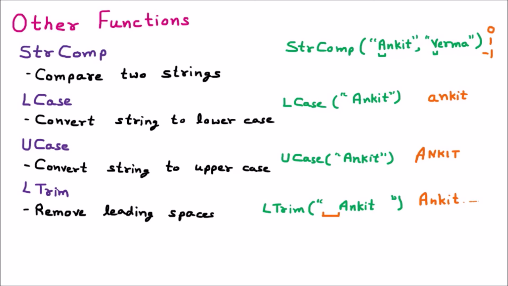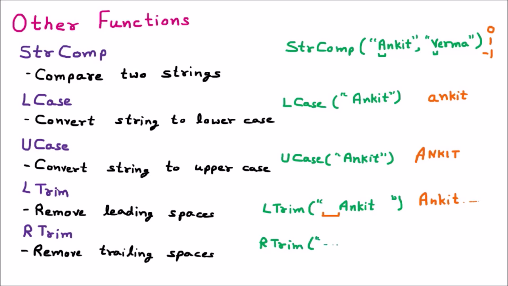Now the next function is rtrim. Trimming from the right hand side, that is the rtrim. So that means it is going to remove the trailing spaces. Now we are writing rtrim and applying it on the same string. So rtrim, in the bracket we are having the earlier spaces, then afterward we are writing, let's say Ankit, then afterward we are having spaces, then we are going to close this. Now these dots are identifying that there is nothing, there is simply space we have provided.